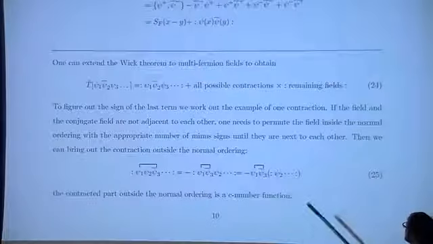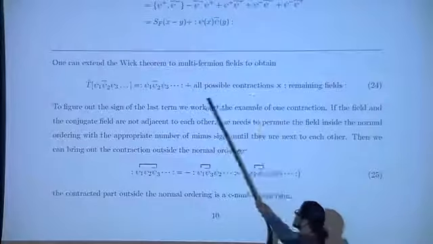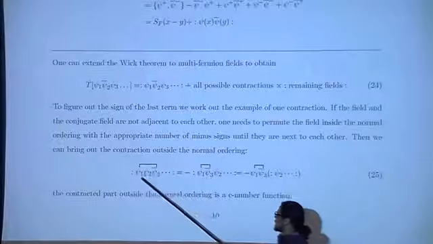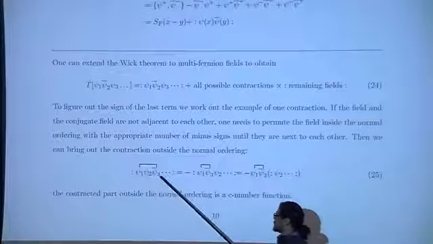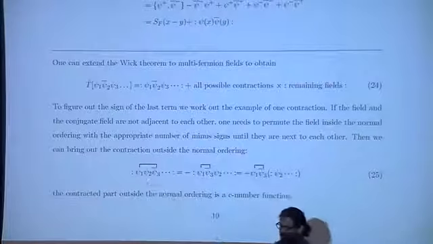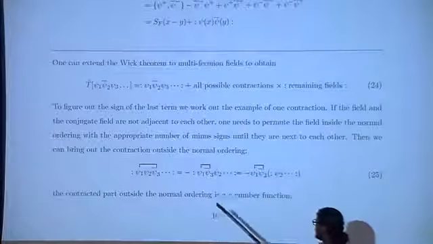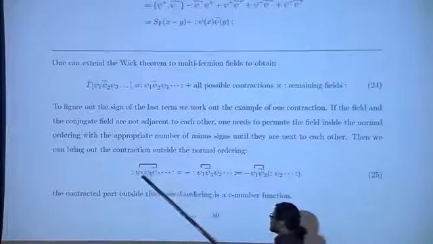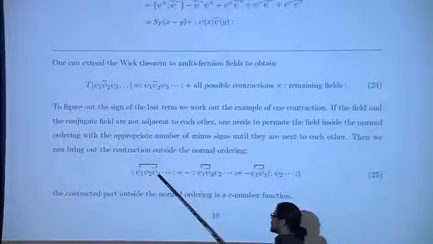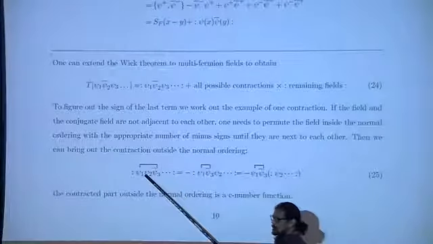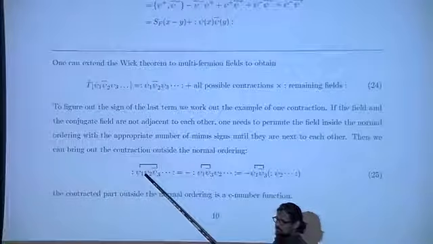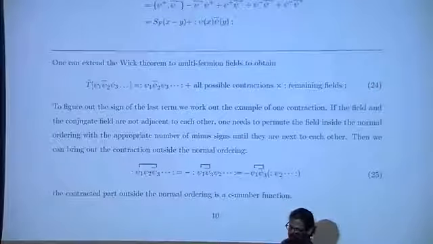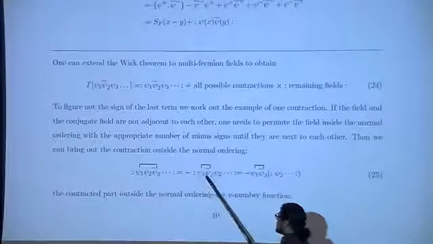So to figure out how you get all possible contractions, let us look at a case where we have, say, 3 Fermi fields, and you're going to contract between 2 Fermi fields which are not adjacent to each other. Okay? So the way you do this is that you anti-commute. To contract psi 1 and psi 3, you anti-commute psi 3 through all the Fermi fields which are in the way. If there are bosonic fields in the way, you have to commute with those. And then you bring them next to each other.